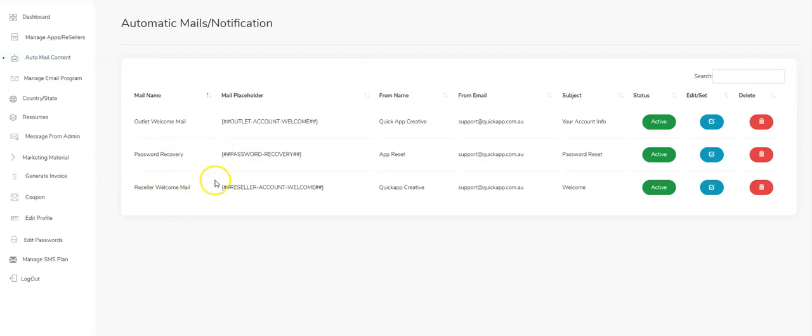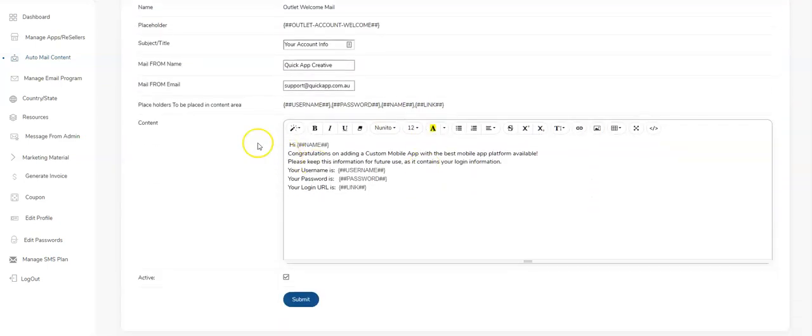So you have the ability to sell resellers underneath you, and then you can send welcome mails, specific welcome mails to them. So let's take a look at basically what it is. You basically hit the edit button here, and you'll see the content that's in here. You can put the title of the email that goes out, who it's coming from, the email it's coming from,